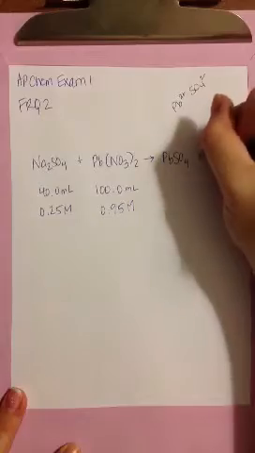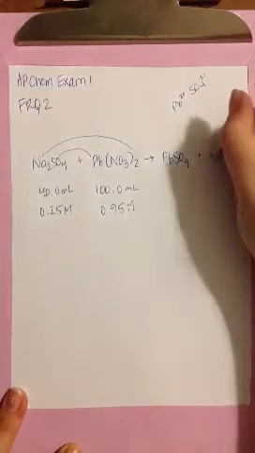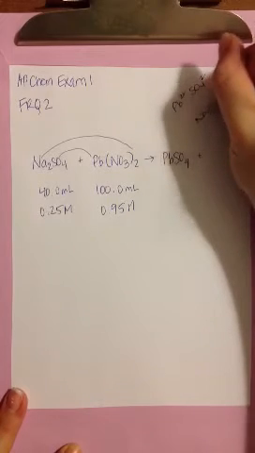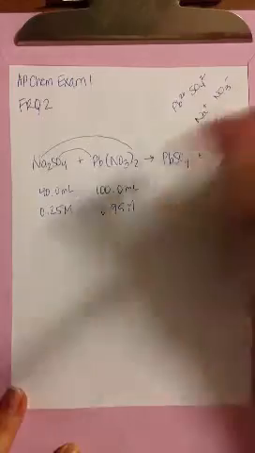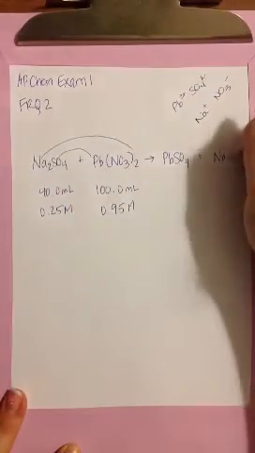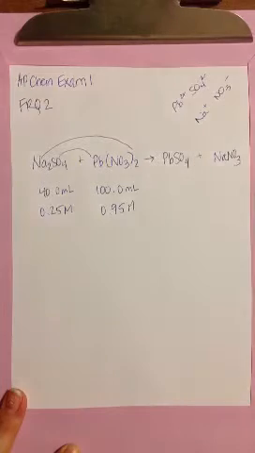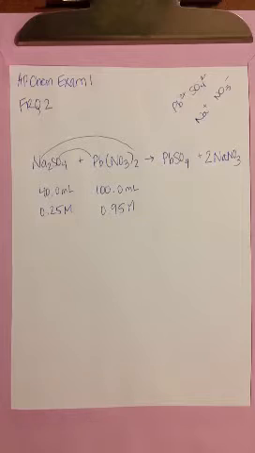I know I'm also going to then make, because it's double replacement, NaNO3. I know Na has a +1, NO3 has a -1. So it's not Na2(NO3)2, it's just NaNO3. And now I realize I do have to balance, and that's why I put the 2 here. So looking at this, it wants me to figure out the concentration of lead ion in